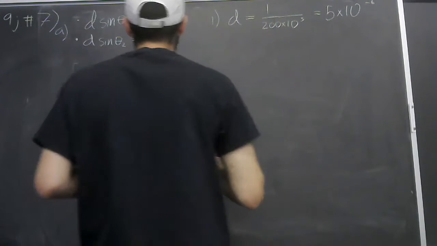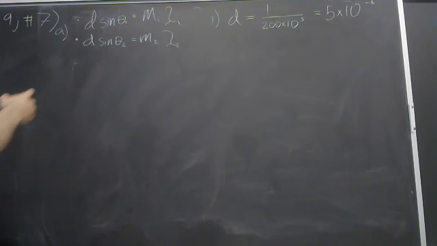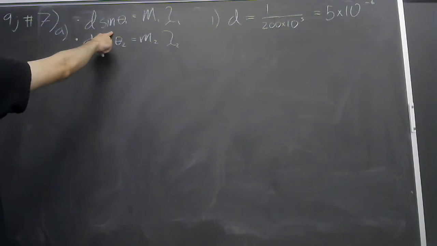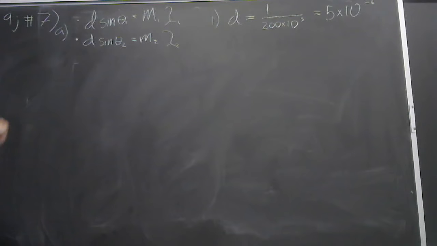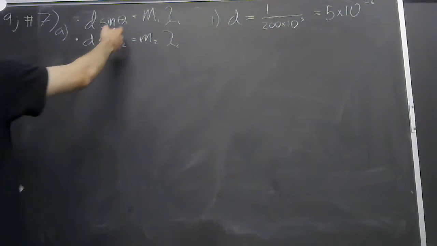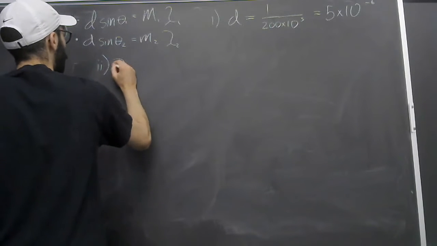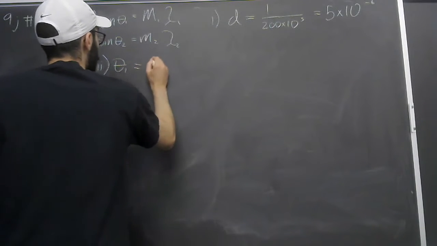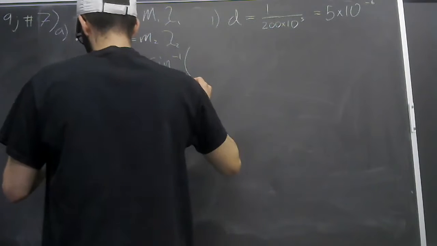Okay, and then Roman numeral 2, what we're going to do is work with our first equation, and we're going to pull out theta 1. Because what do we know? We know d, we know that it's the first order, and we know the lambda 1. What's unknown is that theta. So then Roman numeral 2, we're going to be solving for theta 1. That's going to equal sine inverse times,